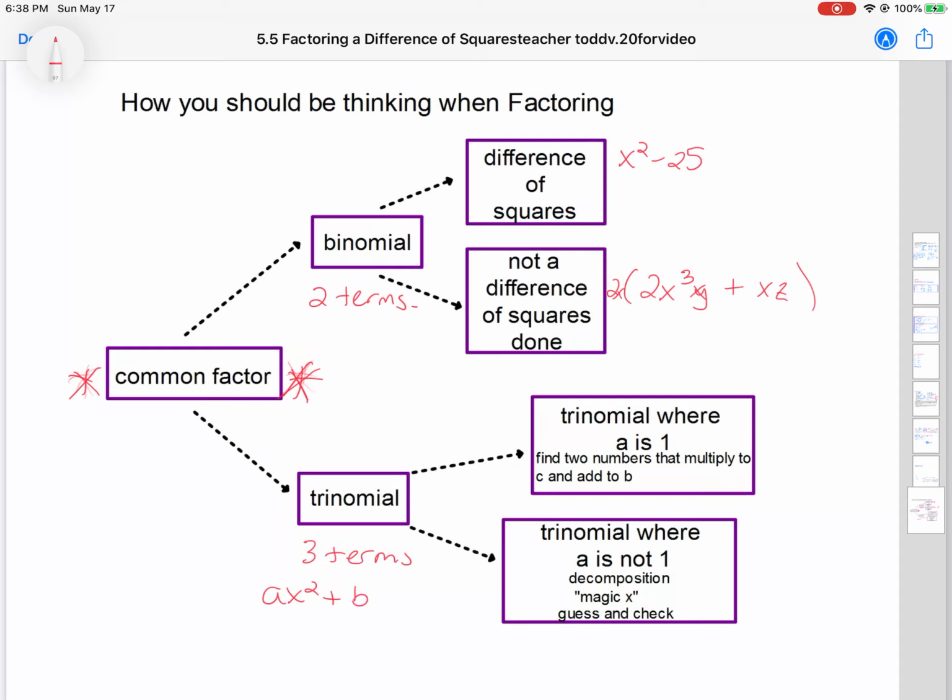Then if you have a trinomial, which is 3 terms, so like this kind, ax squared plus bx plus c. If a is 1, then you just do the t-chart, two numbers that multiply to c and add to b. And then when a is not 1, you have some choice. So decomposition, magic X, guess and check. But you're always thinking a times c and b, that's the difference there. Okay, so give these questions a try, and if